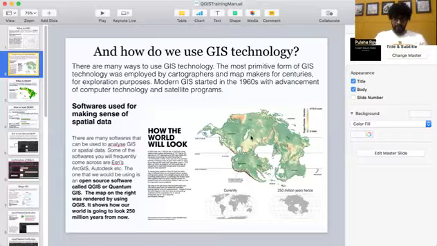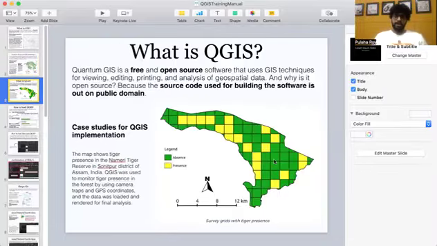And here is a map of how the world is going to look 250 million years from now. It was done by me, it was rendered by me. And this map was rendered on QGIS. So here's a brief example of what you can do with QGIS. Here's another example of